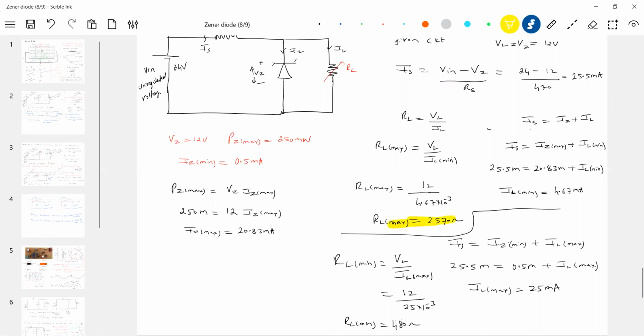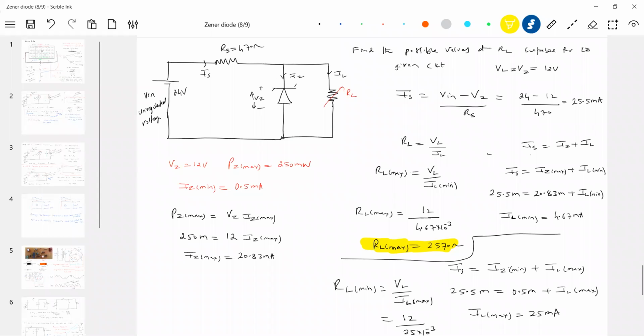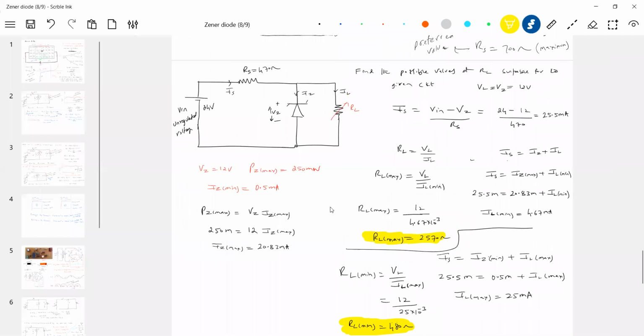Okay, this is the thing. So now you can ask questions. Sir, you only said RL is fixed here. Before coming to this one experiment, you have a Zener diode with a rated voltage of 100, and you have a value of RS 470 ohm. Then can any load come and connect here?